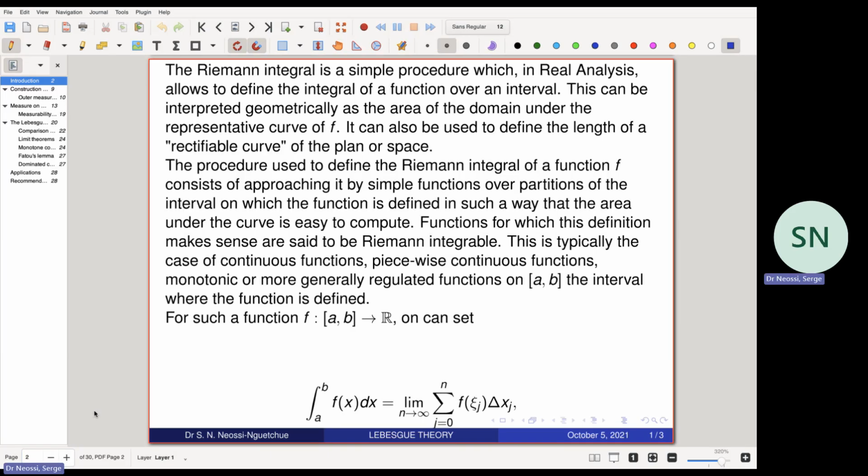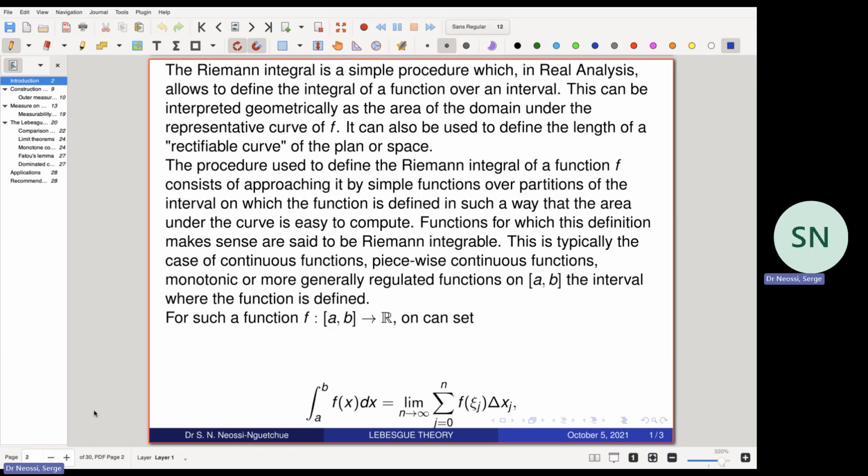In order to introduce the Lebesgue theory, we need to talk about the Riemann integral, because it is the difficulties or the weakness of the Riemann integral in solving some integration problems that led Lebesgue to set up, or to invent, the theory of measure theory. So the Riemann integral is a simple procedure which, in real analysis, allows us to determine or to